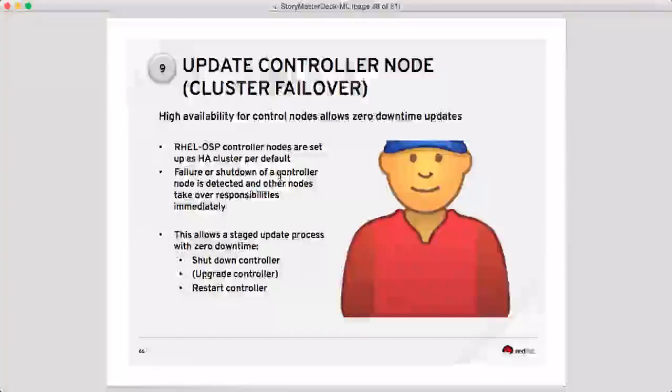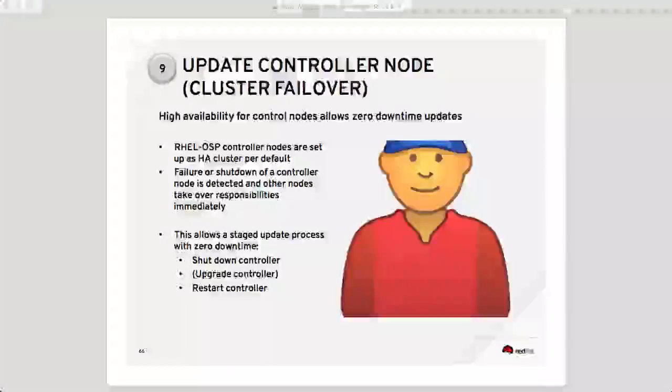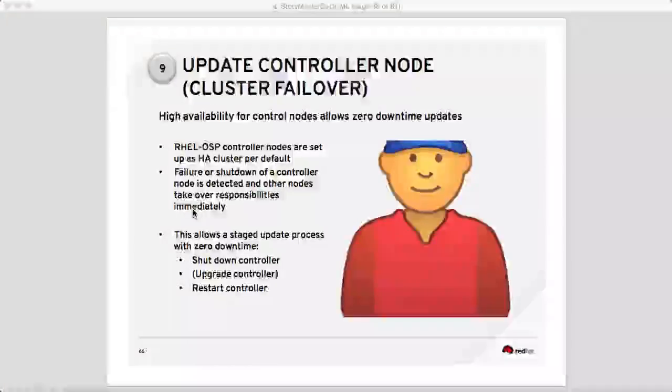availability of all the various different controller components, and failure or shutdown of a controller node is really detected, and other nodes automatically take over the responsibility of a failed controller node. So this really allows us to do a staged update process with zero downtime. We would shut down the controller services on one node, then we would perform all the necessary update steps, and then we would simply restart the controller services again on that node, and they would return back into the cluster